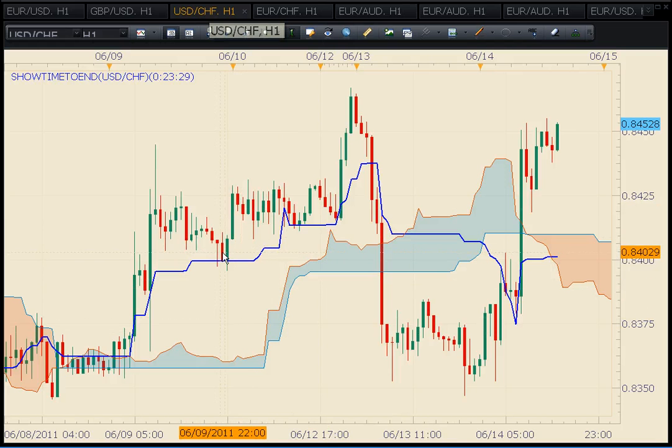So we can get in on bounces off of the Kijun, because the Kijun's like your trend line. And there it goes. We could get in off of the bounce of the Kijun again. Boom, we could get in off of the bounce of the Kijun. Those are our entry spots. Okay, if you got in here, there was no need for you to get out of the market at all